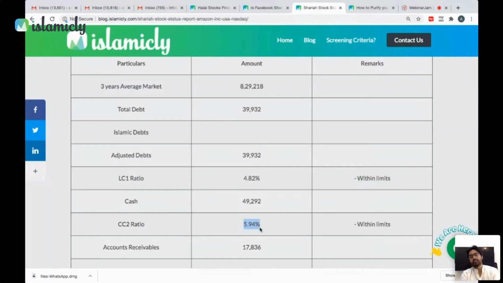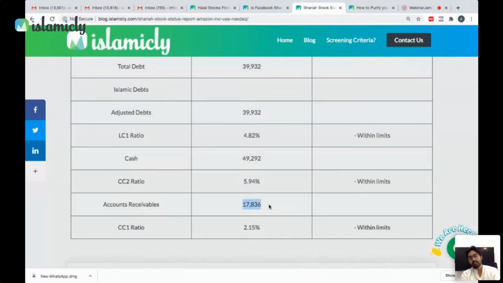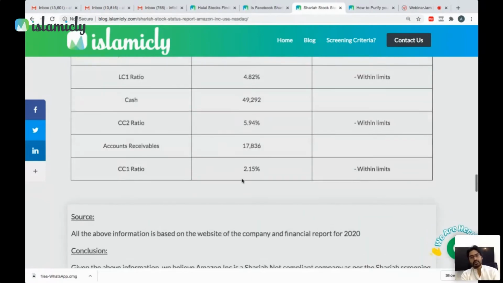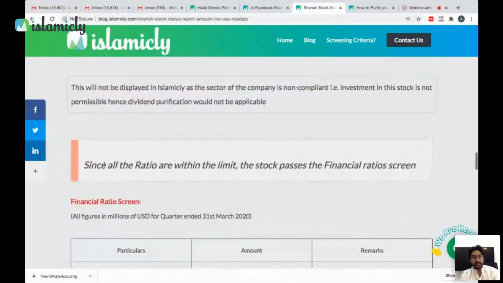And it becomes 5.94%. Hence, it's within the limits. The company's receivables are $17 billion, and that becomes 2.15%. So that is 17,839 divided by 829,218. It becomes 2.15%. Since all the ratios are within the limit, the stock passes